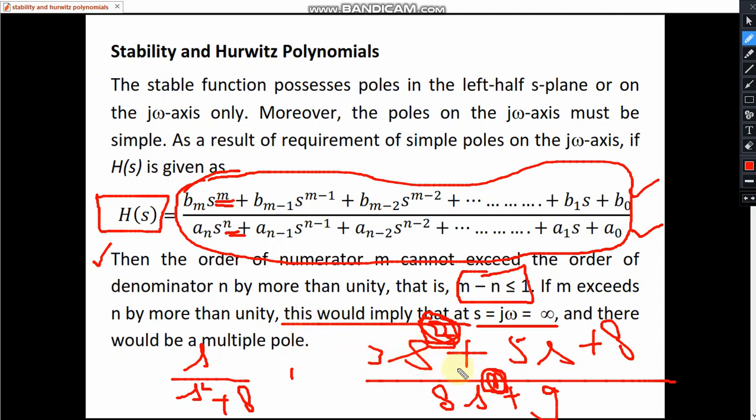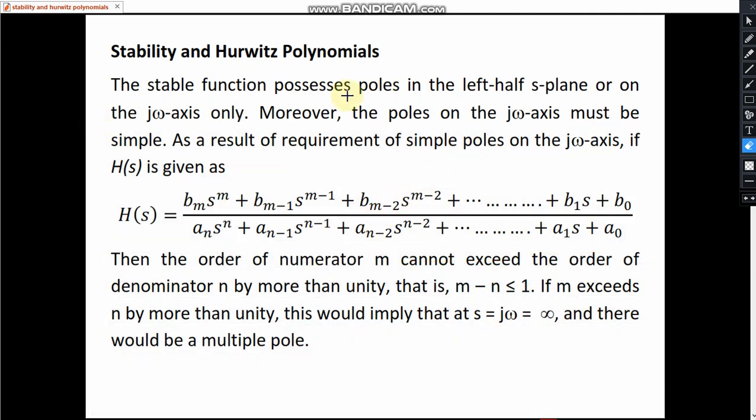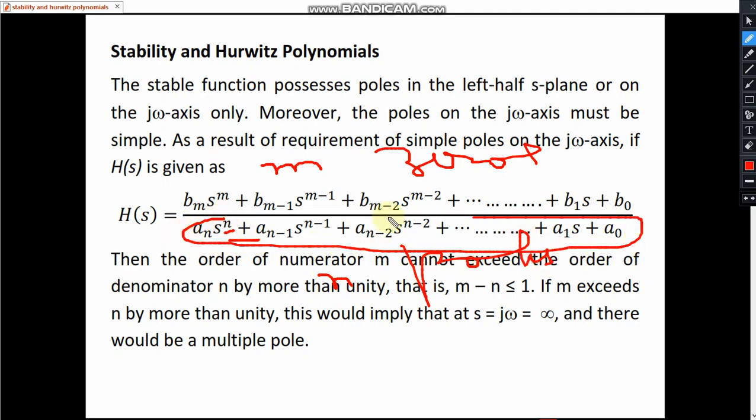So how many poles are there? Actually, whenever we consider this thing, if this power is more than this power, how many finite zeros are there in this case? m number of zeros are there, m number of finite zeros. And how many poles are there? n poles. So this polynomial will be having n number of roots, this polynomial will be having m number of roots, so there are m zeros and n poles, and they are finite zeros and finite poles.